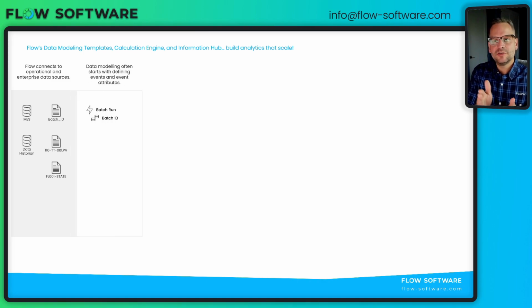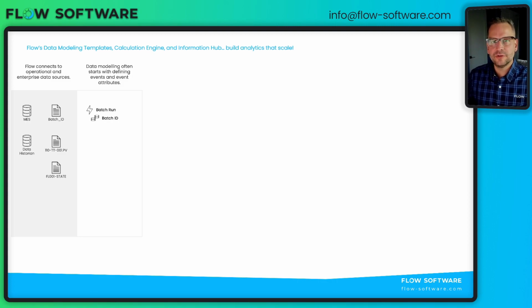So as we begin to model this data inside of Flow, we can start with an event. We can define the event start. It could be a tag that triggers the start of the event. It could be reading the SQL table and seeing that we have a property called start time. And then we add attributes to that event. Attributes might be something like what is the actual batch ID number, or what is the product code that we're making, or who is the customer we're making this for.